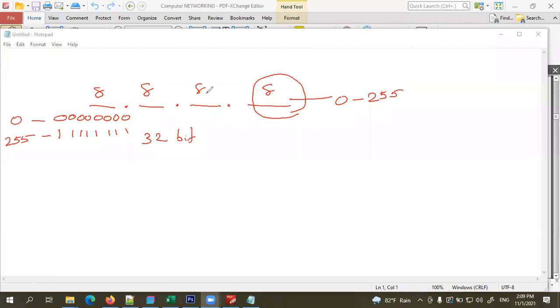Right, children. So if I write an example, 100.2.5.50. Again, 3.1.0.0.5. So like that, I can write 4 billion different IP addresses. Okay. So this IP address is used to identify a computer in a network uniquely.